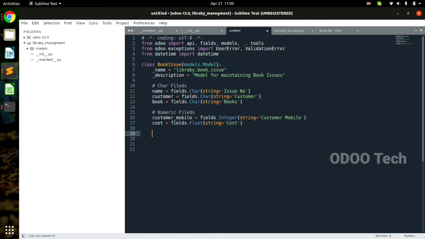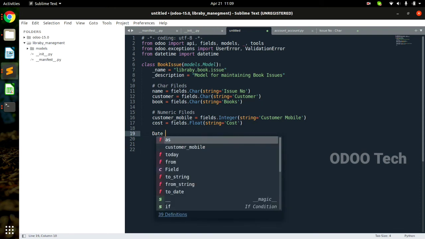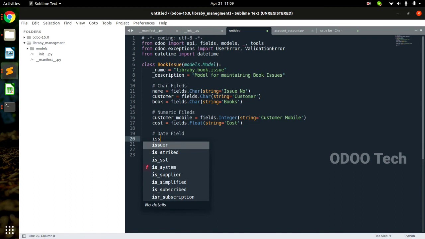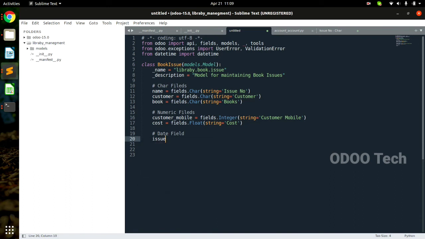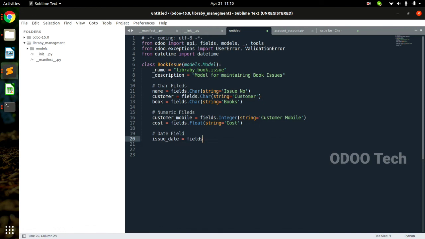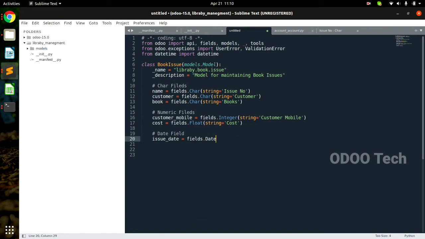Now what came? The date fields. Date field. So inside issue date is equal to fields dot, what is the data type? It's a date. So write Date.